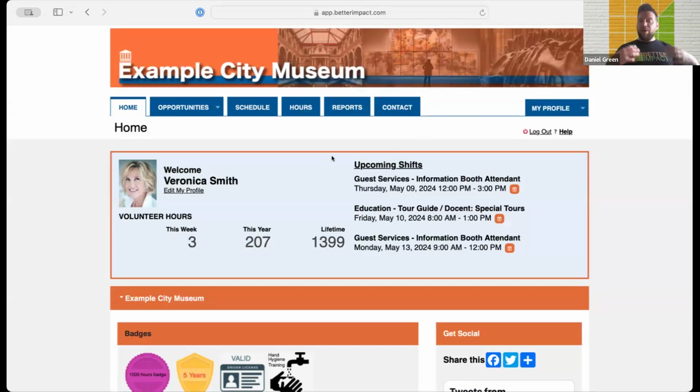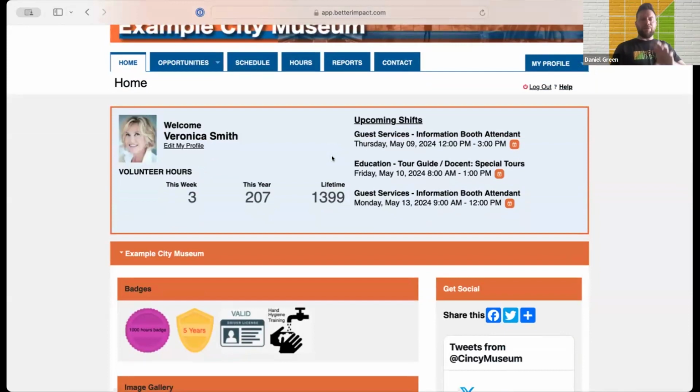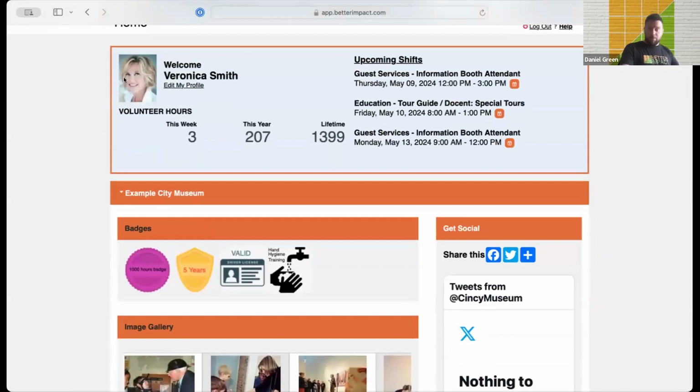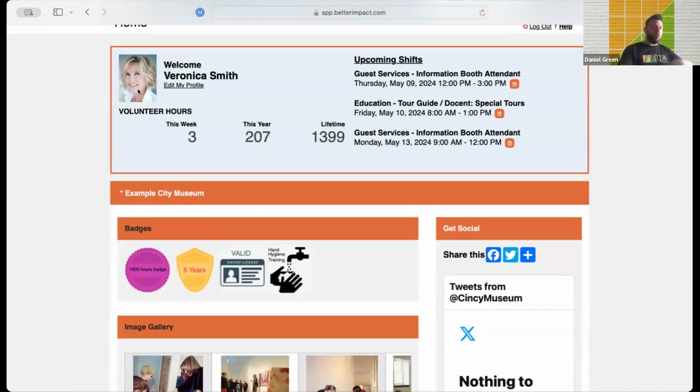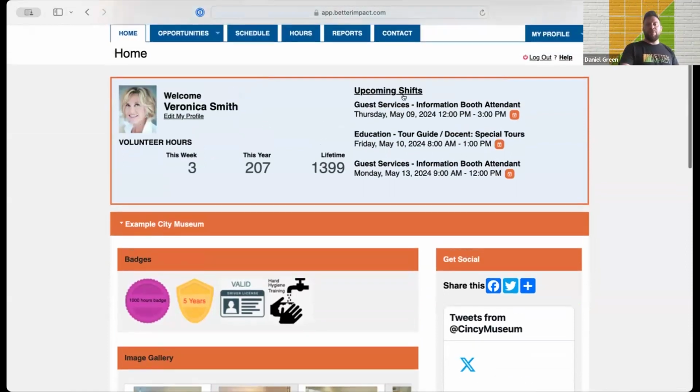And just on here, you're going to see a lot of similar information you perhaps saw on an admin account. I didn't go into details on Veronica that much, but here you can see there's again another profile picture that Veronica can upload. You can upload a profile picture on Veronica's behalf. You can see a quick snapshot of her upcoming shifts, guest services, information booth. You can see her volunteer hours this week, this year, her lifetime. What's really cool as well, Veronica will be able to sync her calendar to her online email calendar, whether that's Google, Gmail, Outlook,